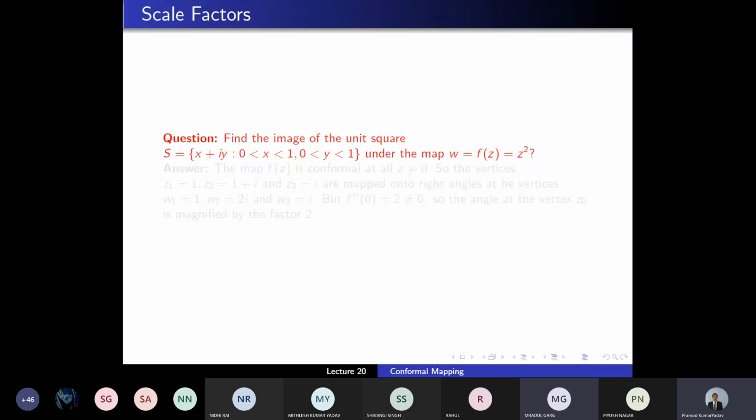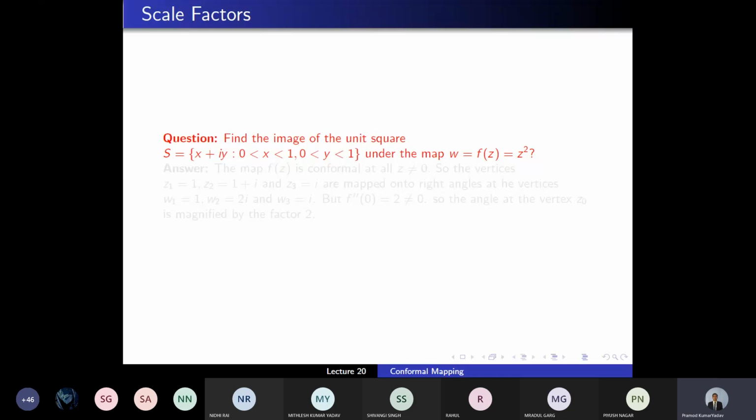That's only possible when x and y are 0. So the region given in the z plane is x from 0 to 1 and y from 0 to 1. Is this region going to include the origin? No, sir, it will not include it. So if it is not including the origin, then f(z) is analytic and f dash z is not equal to 0 at each and every point of the region.